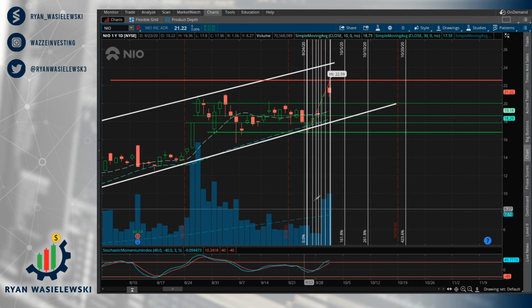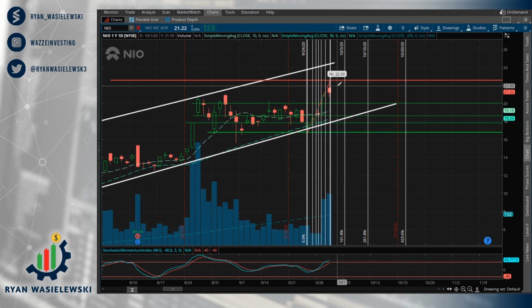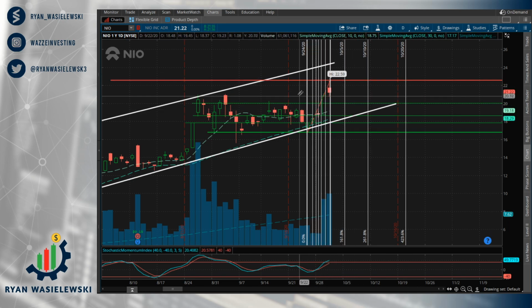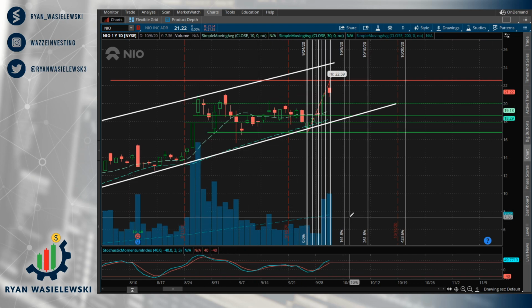Potentially we'll see this volume decrease like we saw previously. So that's one thing to look out for. I would not suggest buying at the current stock price. I would wait to get back in if this trend continues. Overall though, I think this could be a potentially good long-term